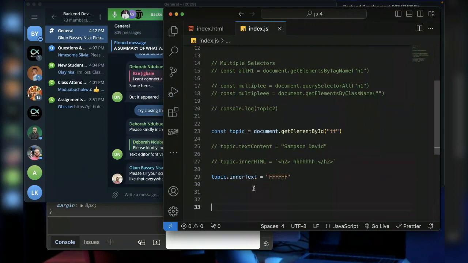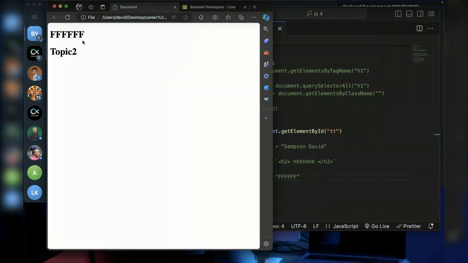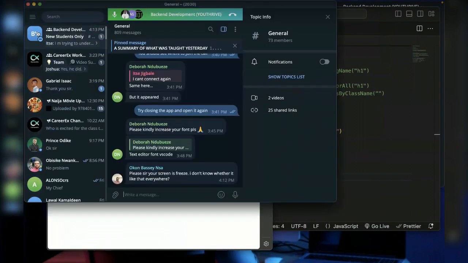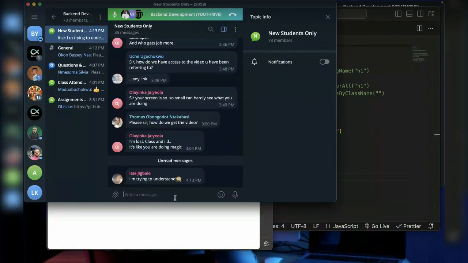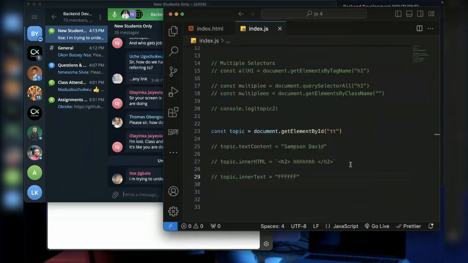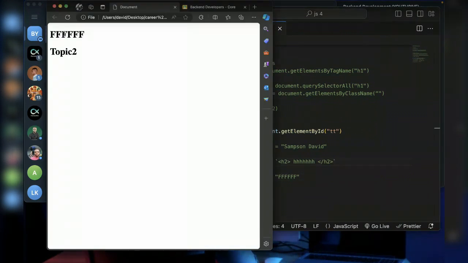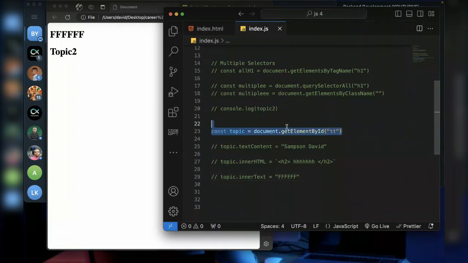So going forward, we have seen how to change the content. The next thing we can do is change the color or the style, or as a layman would say, apply CSS to it. Okay, it's expected. Sorry, maybe before the next class you'll be able to follow up. So we can actually apply CSS to these things like this. After selecting it and storing it inside the variable, we can use that variable to apply styles to it.